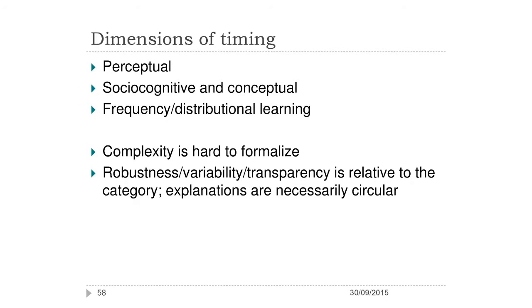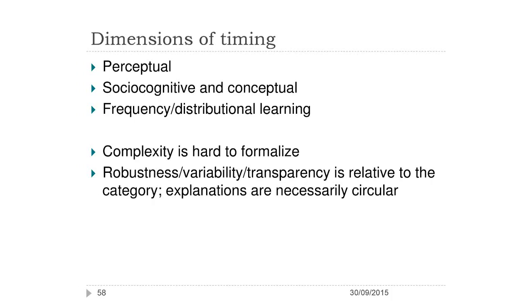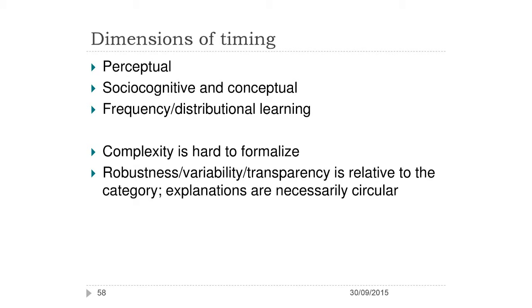So we see that there are clear dimensions of timing for when children learn one aspect of grammar versus the other. Some is perceptual, that's confirmed again and again. But it's not enough to have just a theory that says, well, very audible things will be learned earlier. We also saw that invisible things, not audible at all, show a remarkable robustness. We know that there is a social, cognitive, and conceptual dimension to linguistic timing, and that there is a frequency and distributional learning component to linguistic timing.